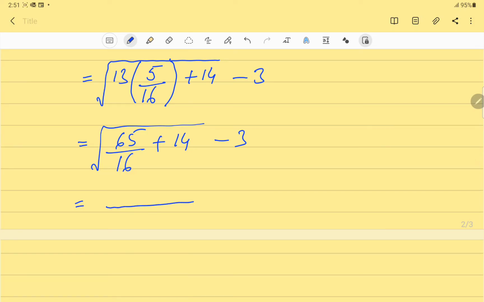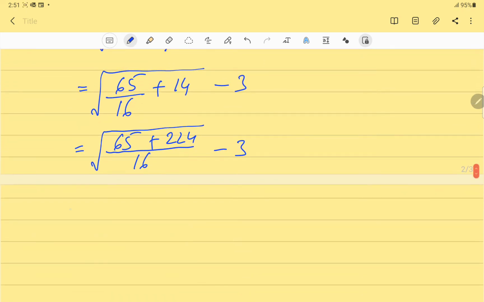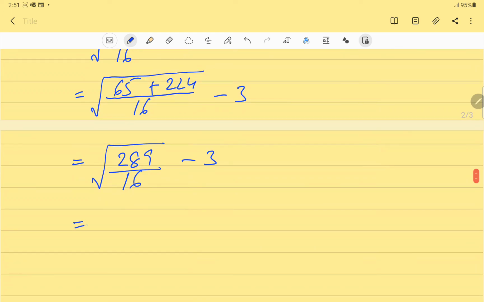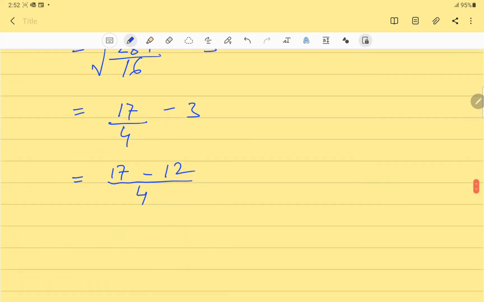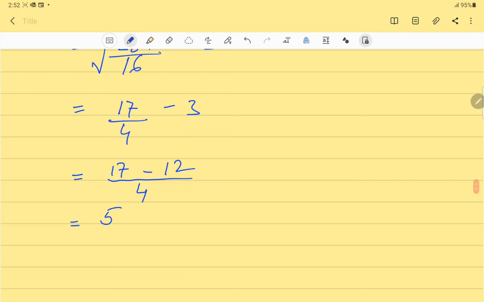Here we will take the LCM, so 16 will be in the denominator. 65 plus 224, minus 3, it is 289 over 16 under square root, minus 3. Square root of 289 is 17 and square root of 16 is 4. 17 over 4 minus 12 over 4 is equal to 5 over 4, which is equal to